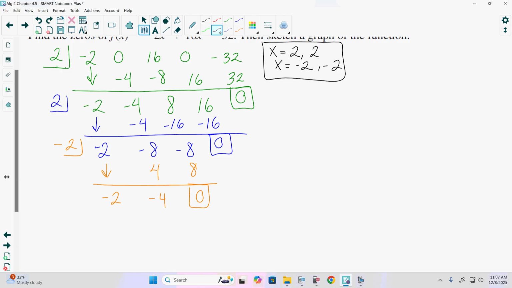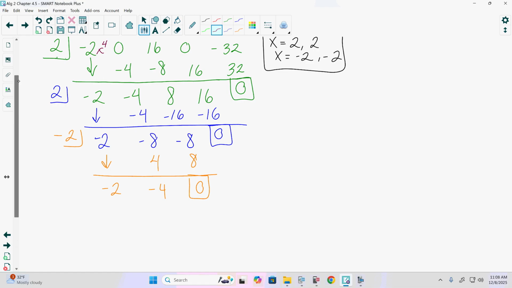Let's go here. When we started this, the degree was 4, we had x to the 4th. We divided that solution out and it took it down to x to the 3rd, because x to the 4th, x cubed, x squared, x. Each time we divided, we reduced the degree by 1. We took one of the solutions away. So our current equation that we have now